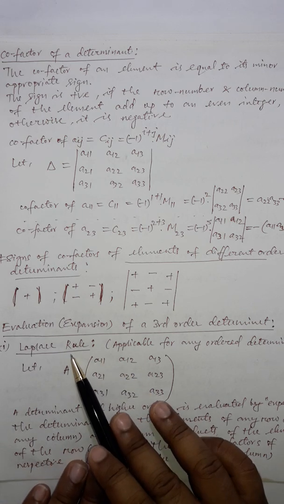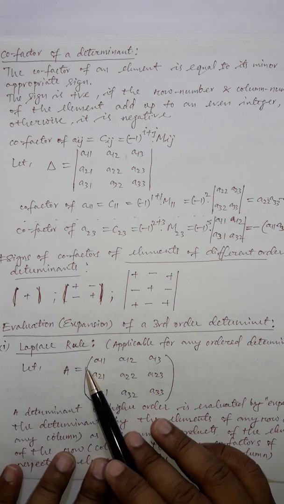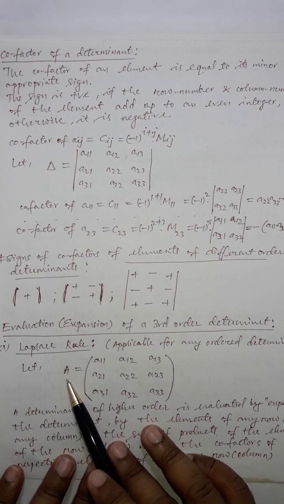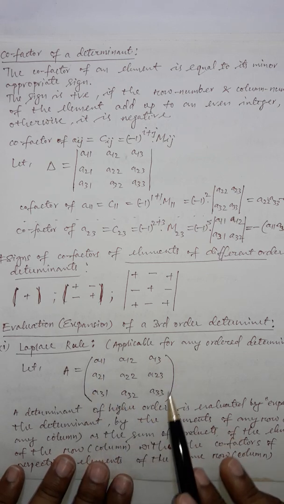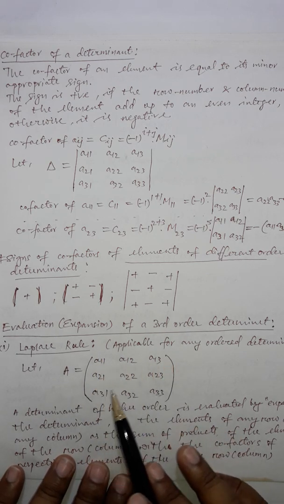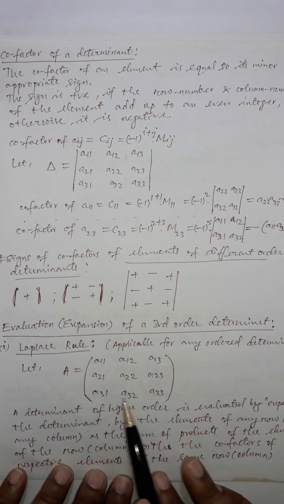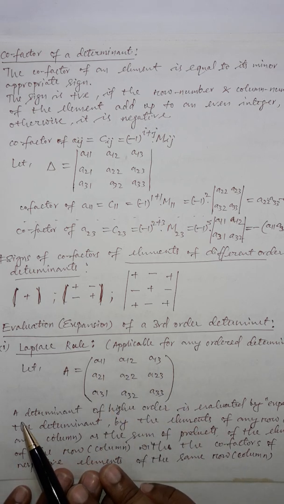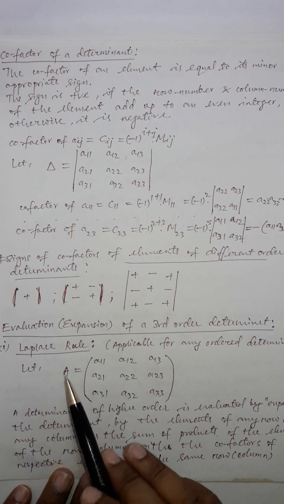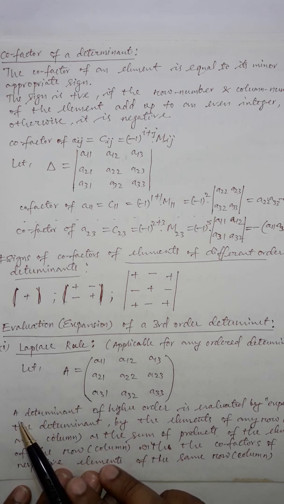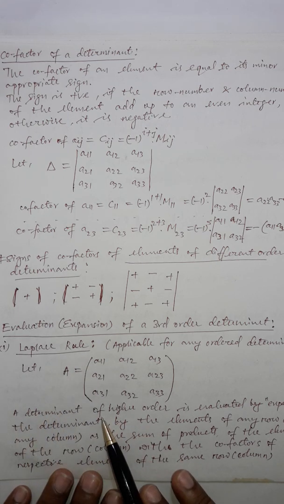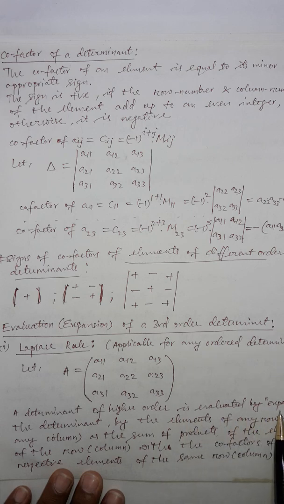So, let us discuss the general rule, Laplace rule. For that let us take a matrix A, which is a third order matrix containing 3 rows and 3 columns. The elements are taken as usual, you can see. Now, what does the Laplace rule say? A Laplace rule says that a determinant of higher order is evaluated by expanding the determinant by the elements of any row or any column as the sum of the